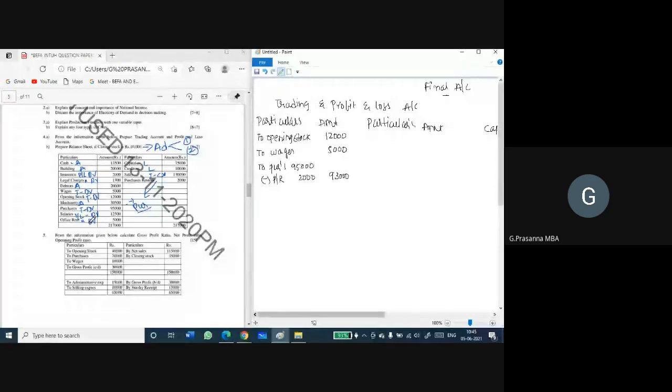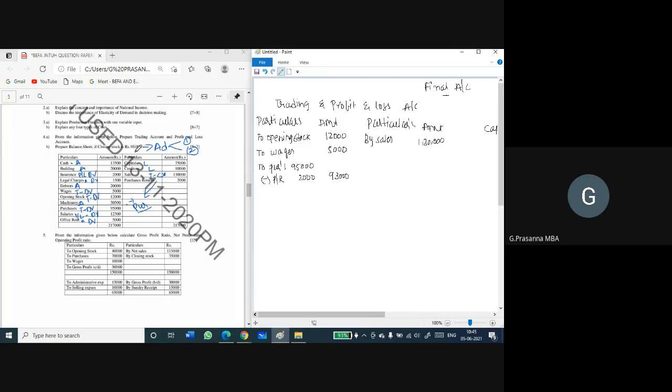Now move to the credit side. Capital is a liability, creditor is a liability. Sales, sales will be coming in the trading account. So here I am writing by sales. So there is no sales return, that's why I am taking the amount in the outer column, 1,30,000. Okay, purchase return we have already taken. So now we have posted all the entries related with the trading account.